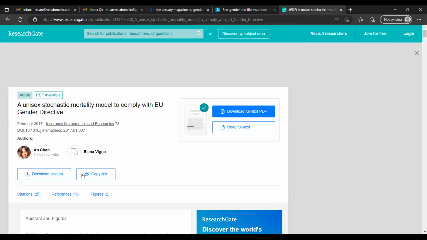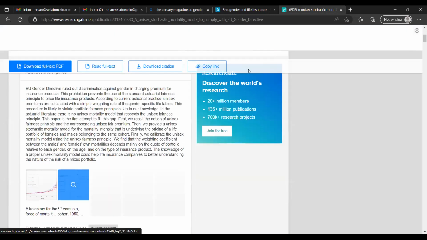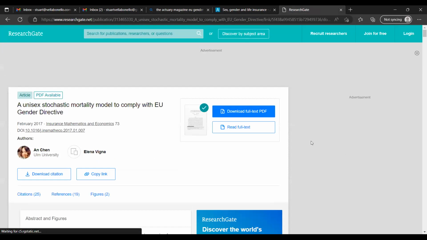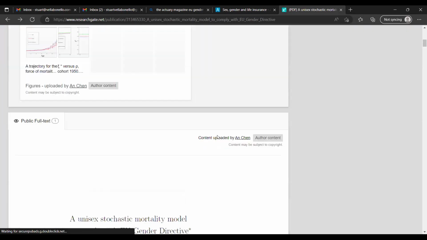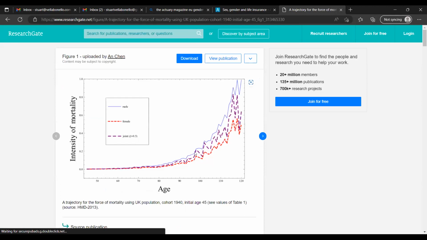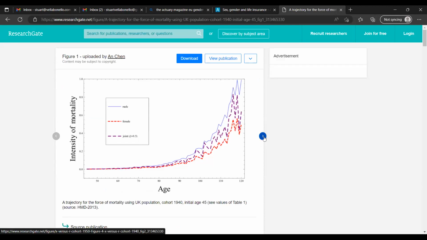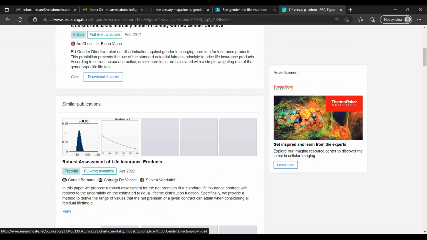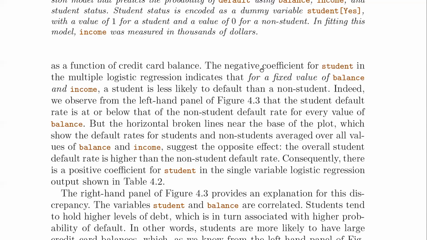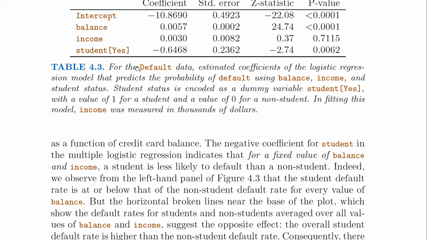Anyway, if we look at the research paper, can we download it, or do I need an account? I don't feel like creating one right now, but if we had to look at the graphs, which do look freely available, we're doing something very similar in the book, aren't we? All these dotted lines. Well, it's not saying much, is it? It's just a chart. But this is what I mean by discrimination, and having your model not